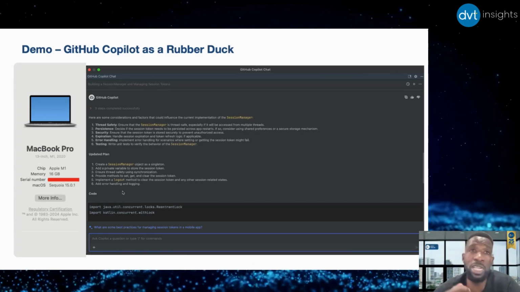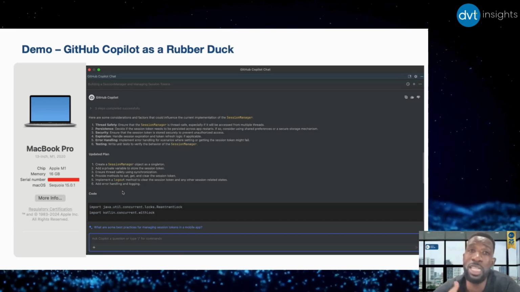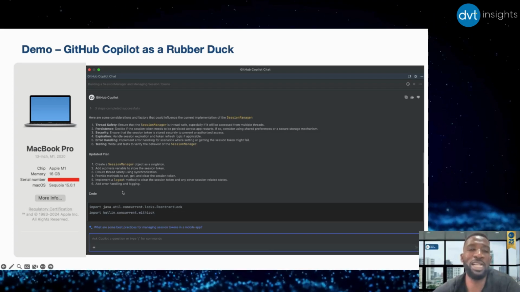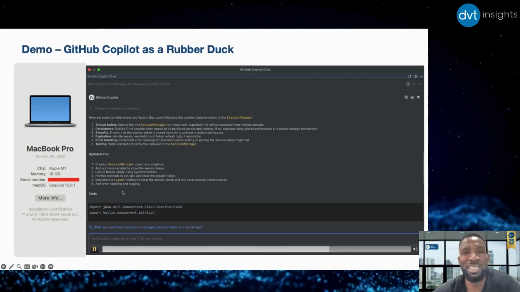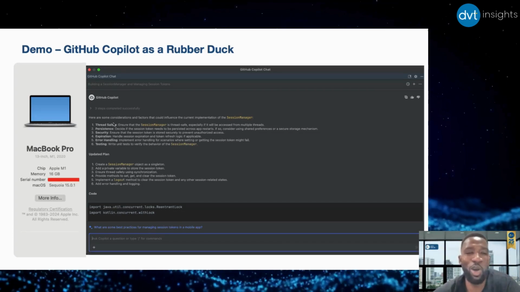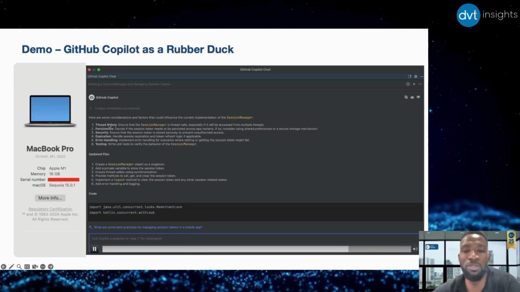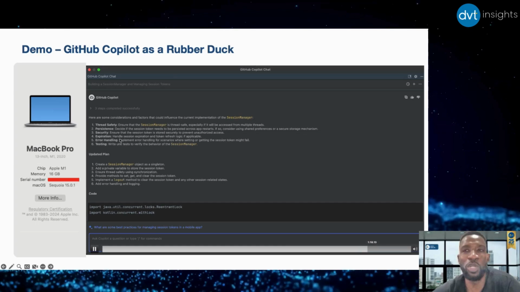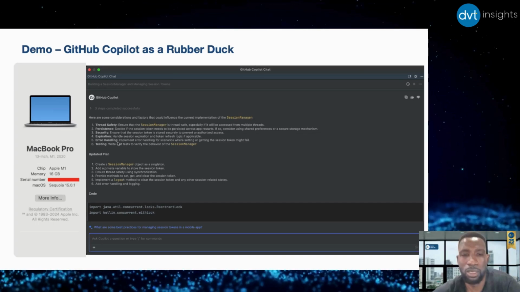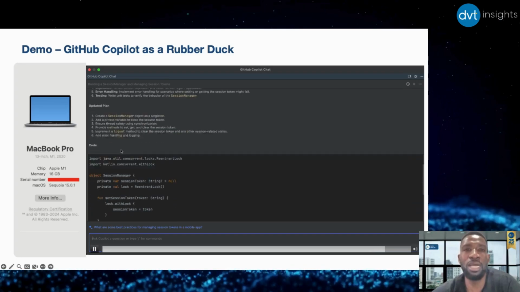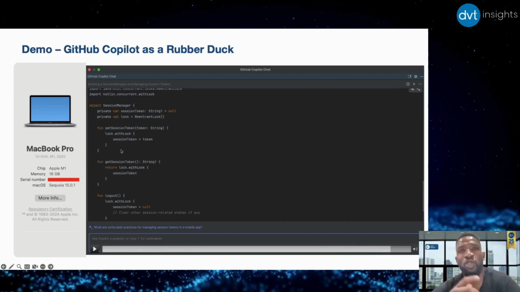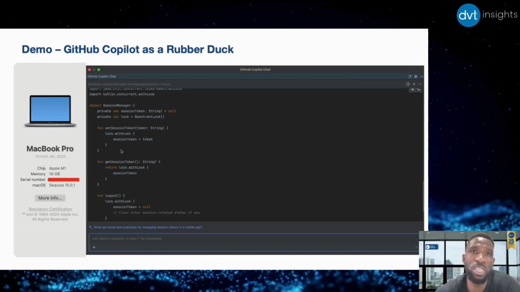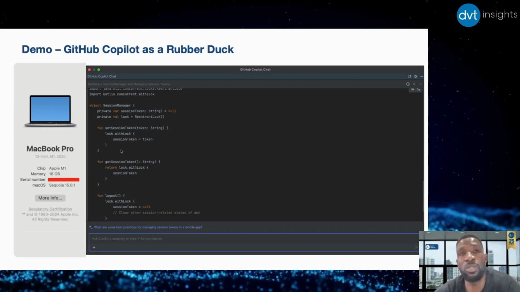So you see, already some things that I didn't think of. And it even proposed an updated plan, create this and do that. And let's see if it at least tried to give me some improved implementation of my own class, the one that we had before. So we're going to look at the new implementation of the class. Okay, that's coming. There we go. So in this new implementation, as you can see, it didn't address all of these, but it addressed at least one thing. That's the concurrent access, so the thread safety.